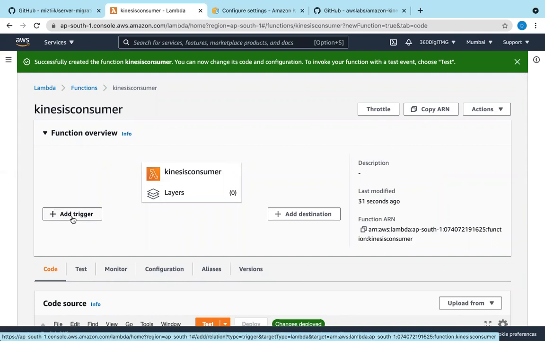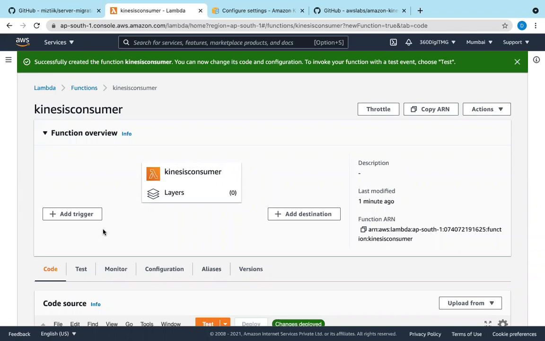So when data is coming within the Kinesis, then this Lambda function gets triggered. We have created one more Lambda function: when the .txt uploads are there, then only the producer Lambda function will get triggered. And that trigger will put the logs into the Kinesis stream.